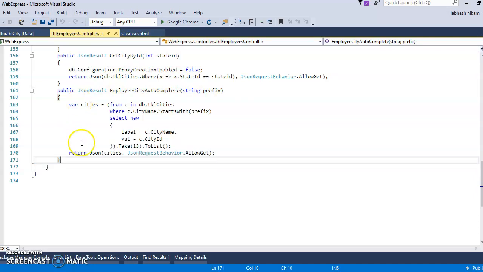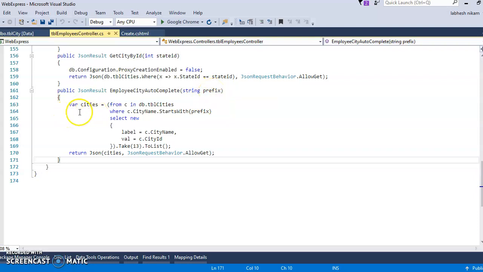How? You have to return a JSON result, so you get JSON data. So: public JsonResult, and the name of the method, with a string parameter prefix, meaning whatever the user types. Suppose he types L, M, whatever character, that is the prefix. So I take that input prefix character as the parameter.